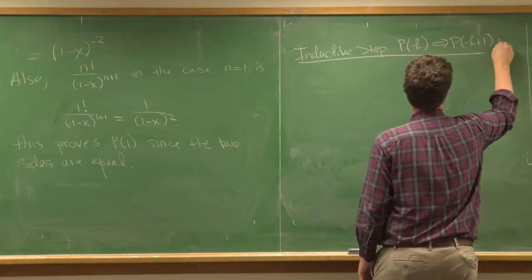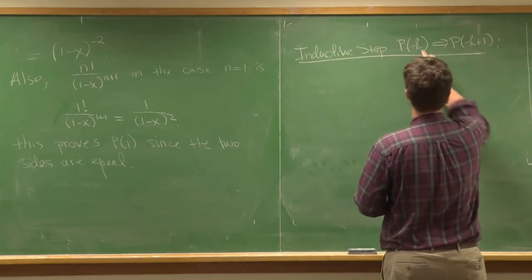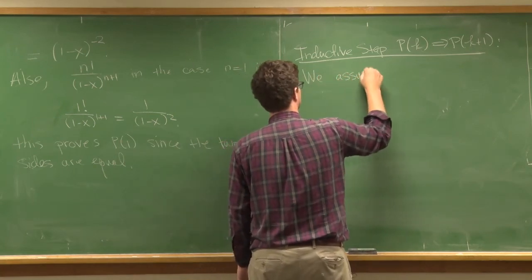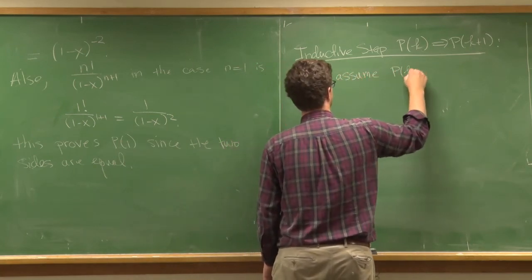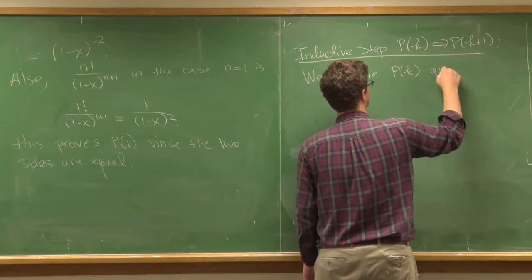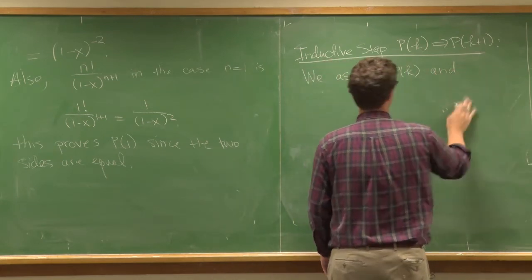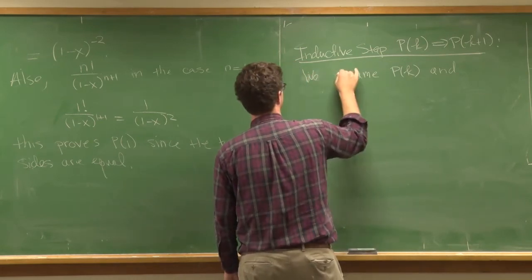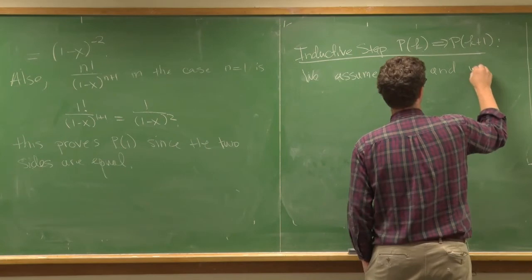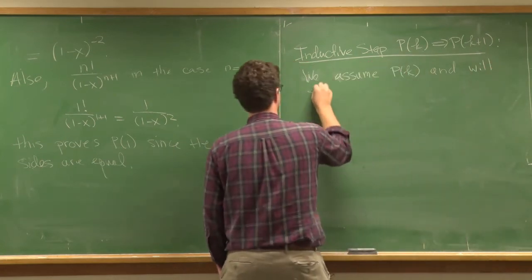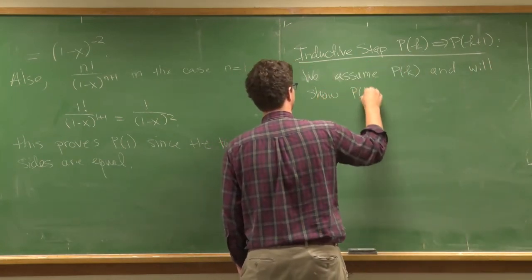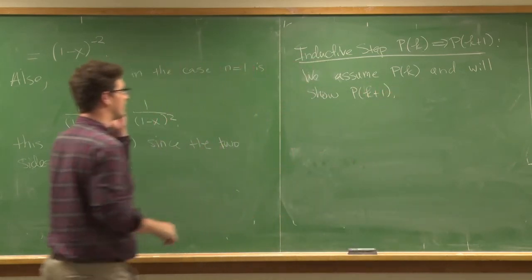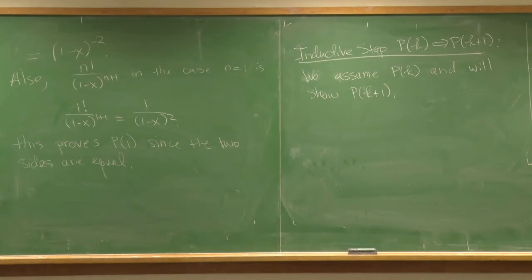So we assume Pk, and we'll show Pk plus 1. So this almost feels like cheating sometimes, because what I'm going to do is I get to